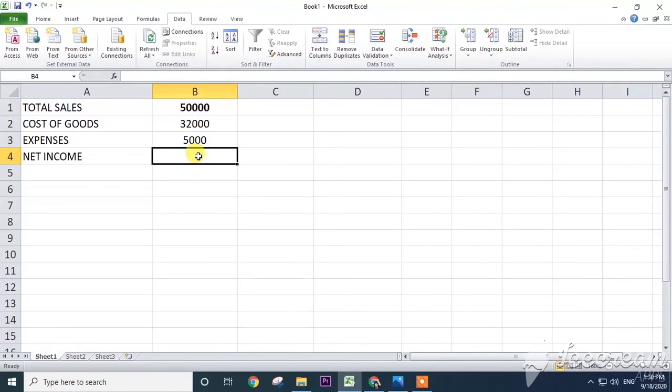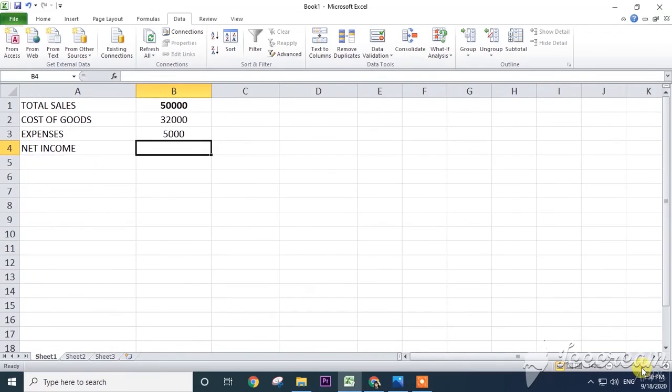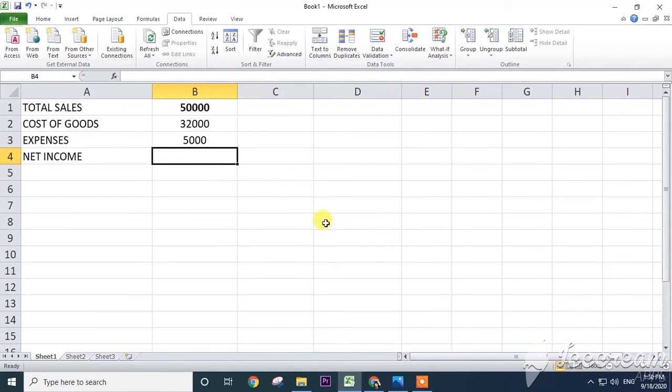I will write the formula: equal to B1 minus bracket of B2 plus B3 and close the bracket. See, 13,000 is our net income. If your sales is 50,000, then your income will be 13,000 here.